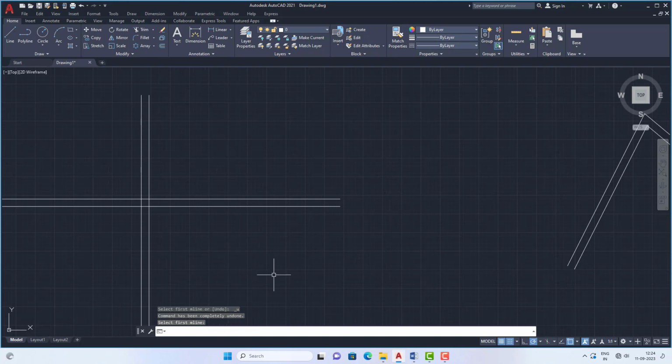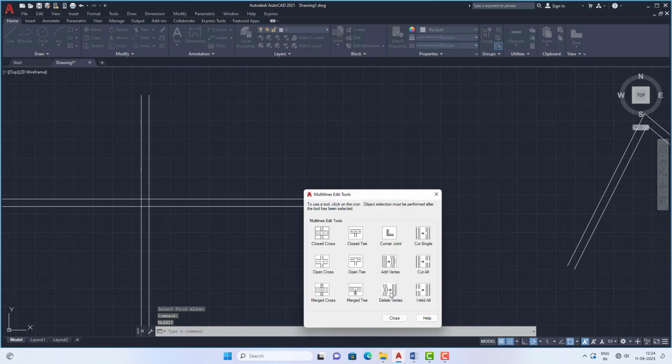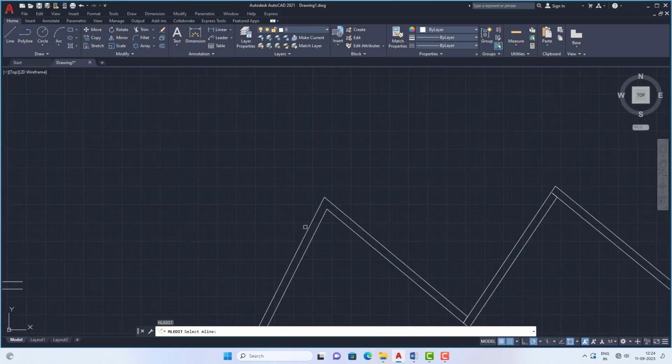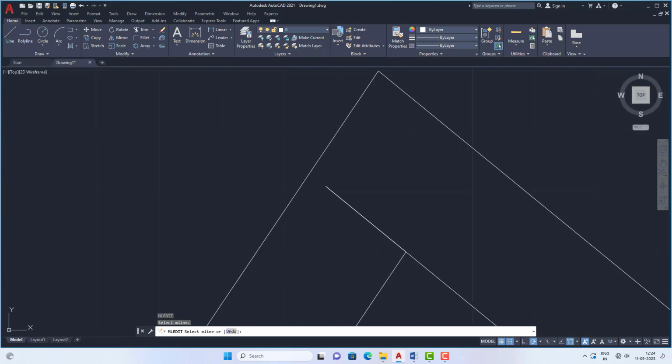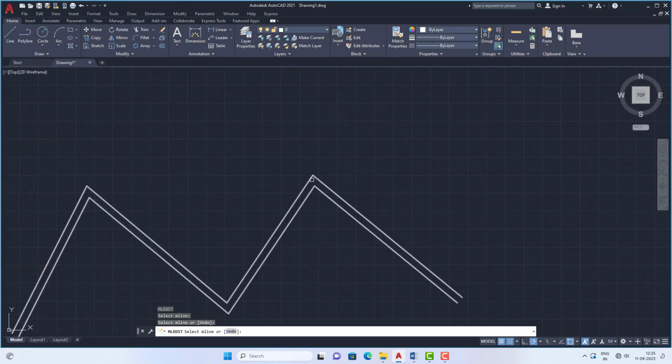Now there is a delete vertex. So here we have added vertex, and you can delete that vertex point. I am clicking here, and we have applied this to here, delete vertex. I am clicking here, so that points will be deleted. I am deleting. Press enter, again enter,